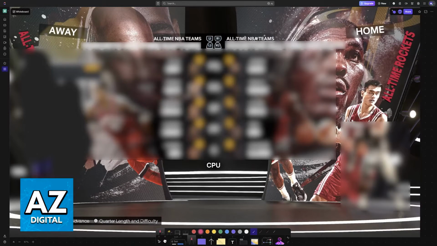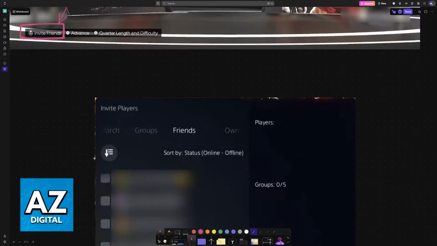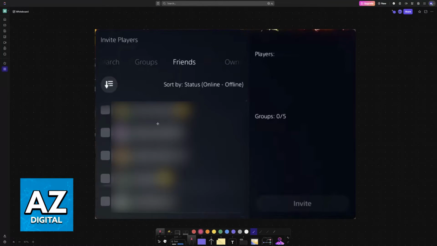But if you look at the bottom left corner of the screen, you will find Invite Friends. So all that you have to do is press the respective button to open the menu. Usually, it is going to be done by pressing down on the right joystick. So just take a look here and see which button you have set up to invite your friends. So this example here is on PlayStation. Immediately upon doing this, the friends list will open and you will be able to send out the invites.